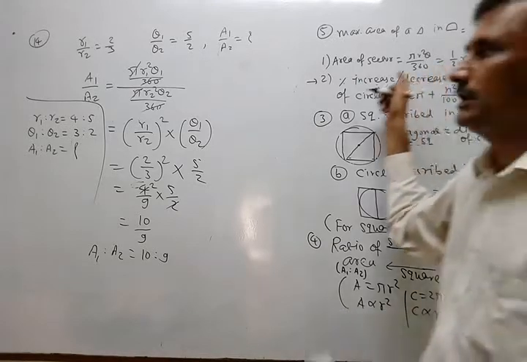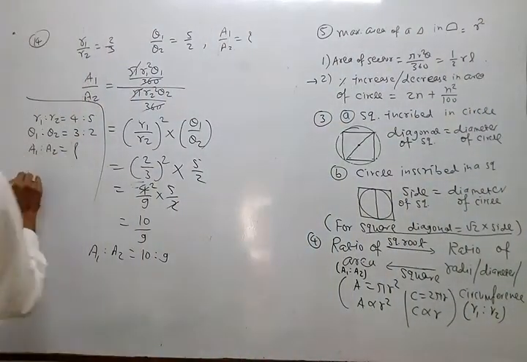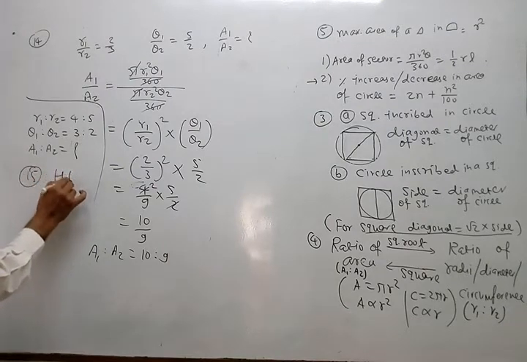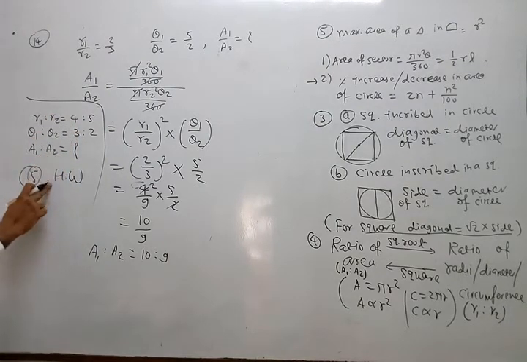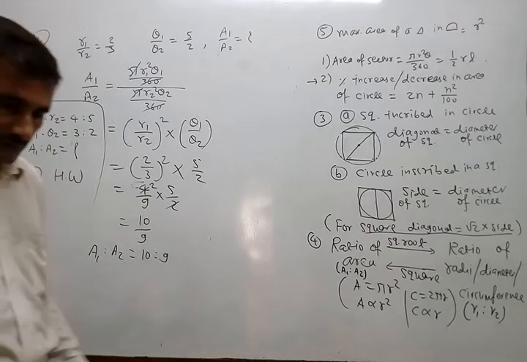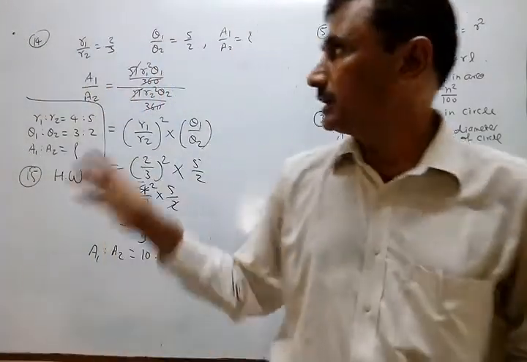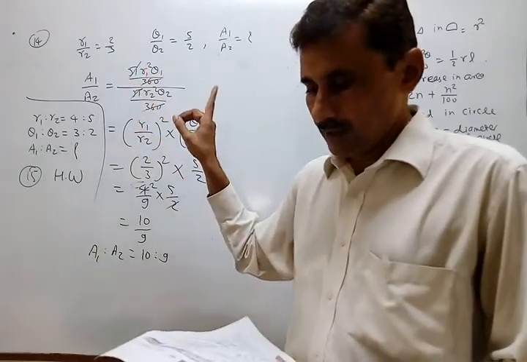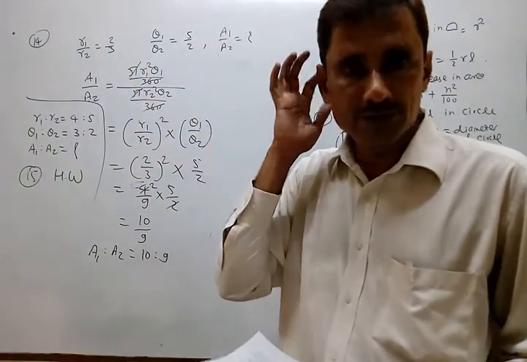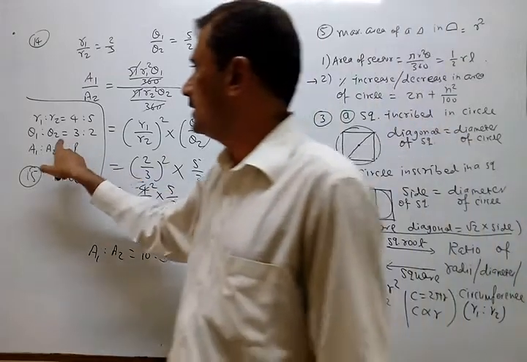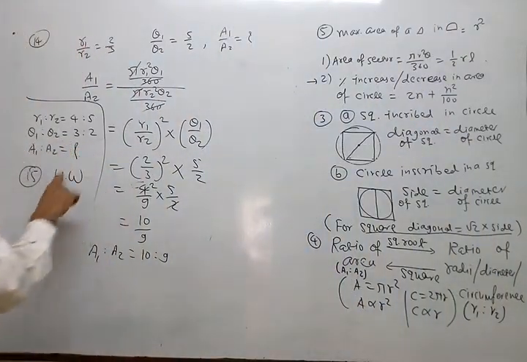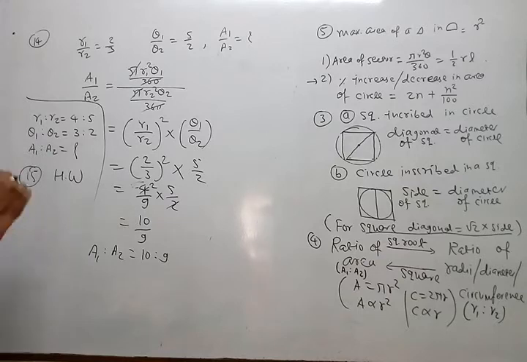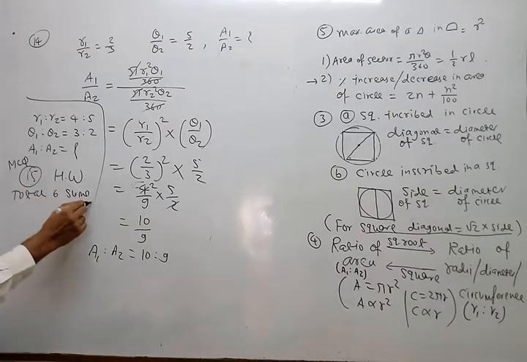Okay, so 15 in homework. So 2 extra sums and 1 MCQ 15. So total 3 sums in homework. Okay. In the earlier one, I have given, according to number 13, 4 sub questions. So 4 sub questions, again 1 question from here and MCQ number 15. So 4 plus 1 is 5, plus 1 is 6. Total 6 sums in homework. Okay, they are very short.